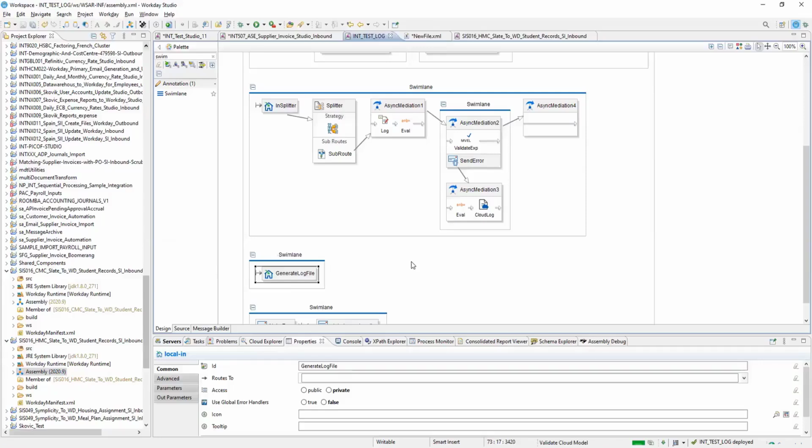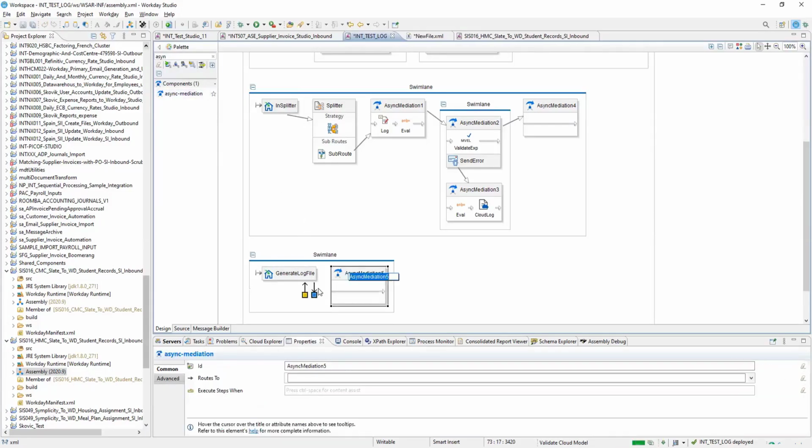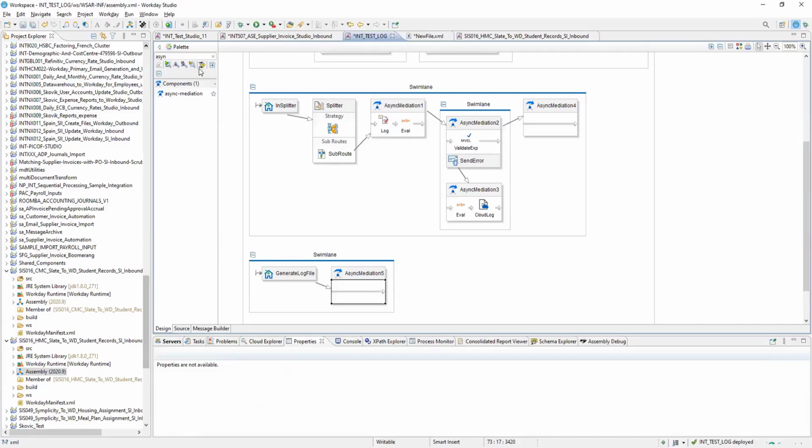Okay, save it. And here I am just putting an async. And I have to do what? How to generate a file? Generate log file is using a component called store.